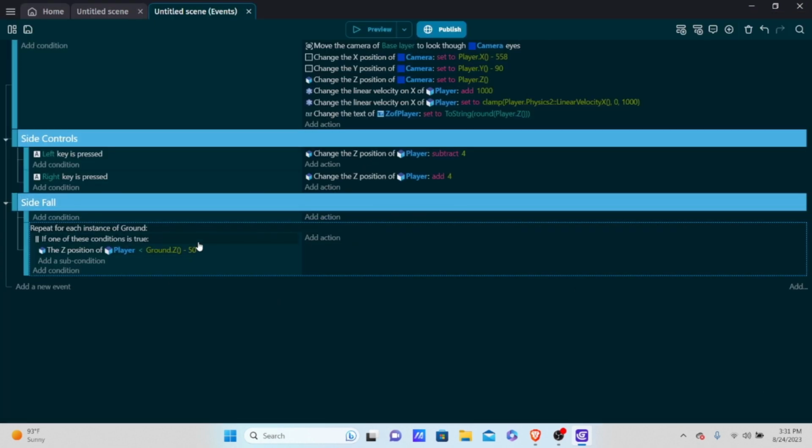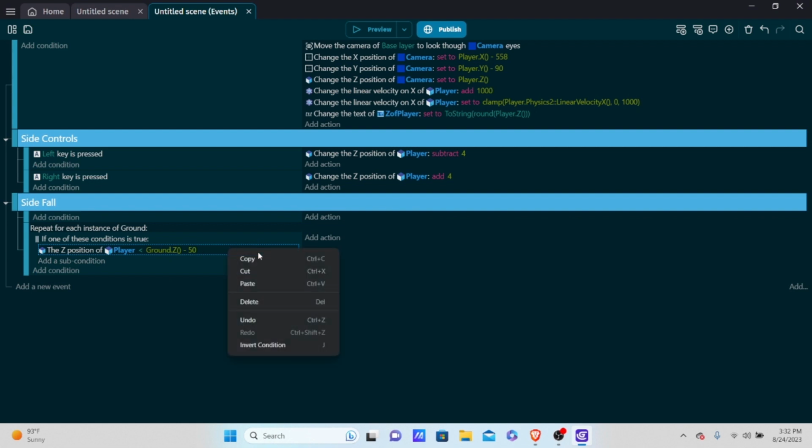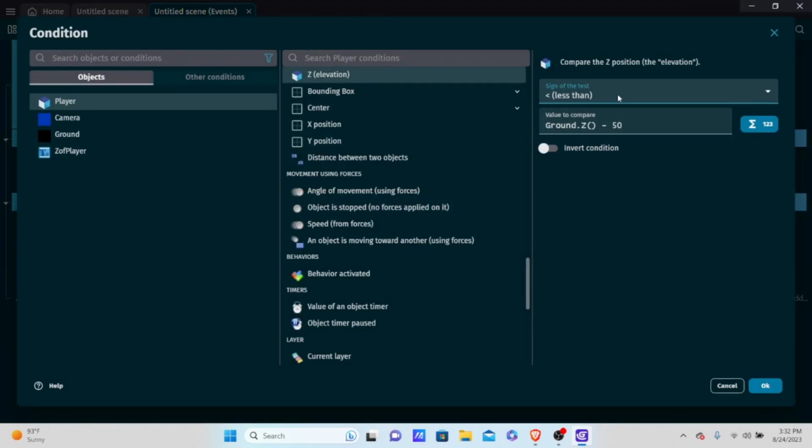And let's say this is our minimum limit. This is our left limit, falling off to the left. And same thing, falling off to the right. We want to put, I'm going to copy and paste this because we're going to use a similar thing. Double click into the next one. And we're going to put for the next one, if our ground is greater than,